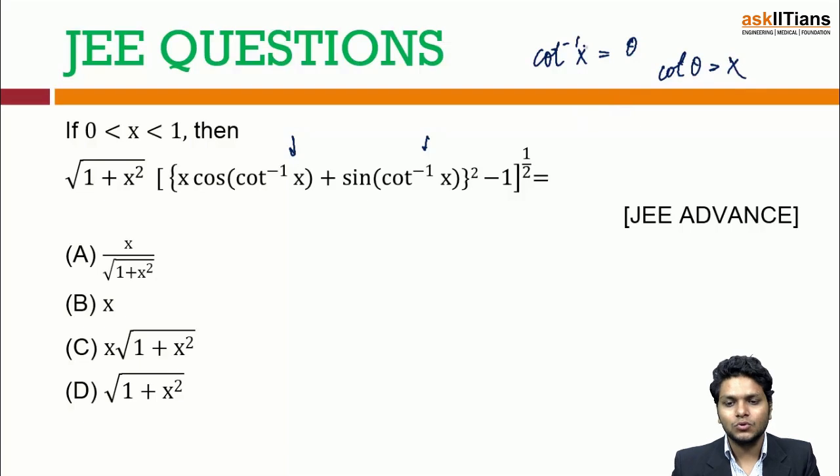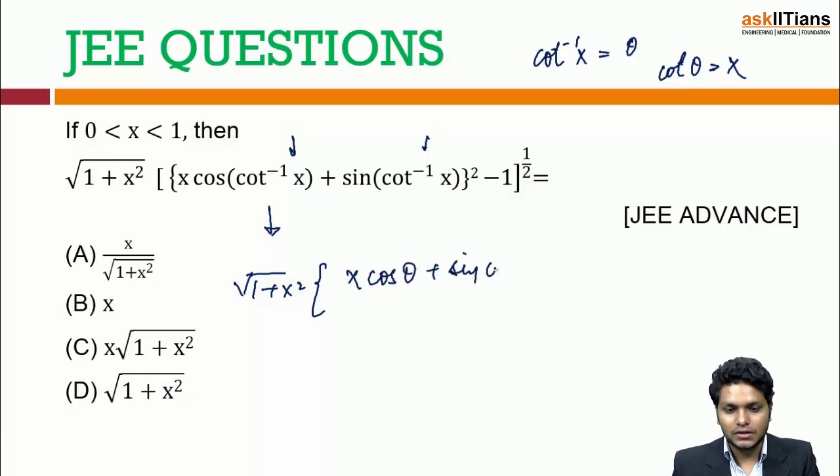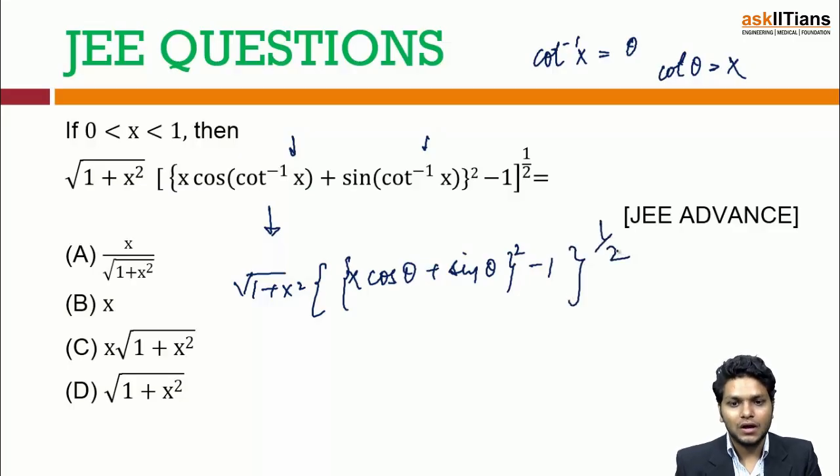Now cot theta is equal to x. Just put in the values of cot inverse of x. So this will become root over 1 plus x square, times x cos theta plus sin theta, going under the whole square, and then minus 1 is coming up, and after that I have the power half. Now if I have cot theta as x, I can consider a triangle in which